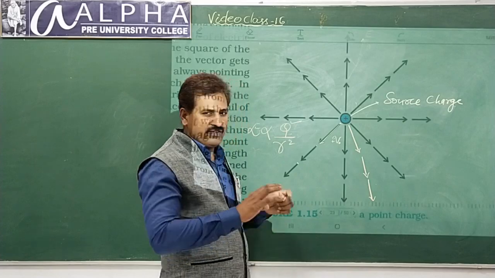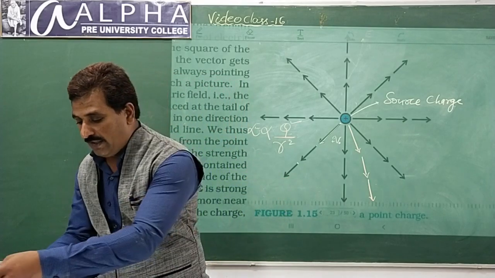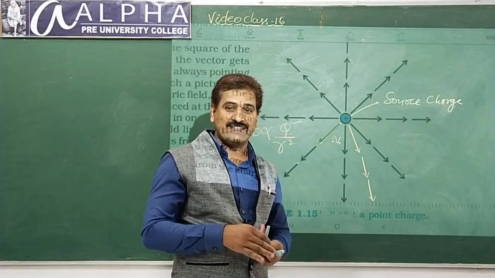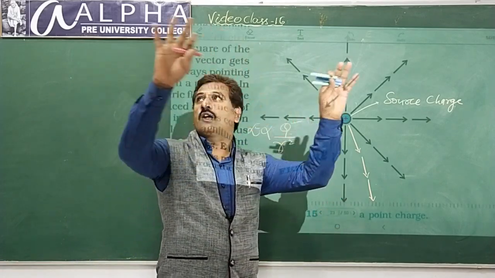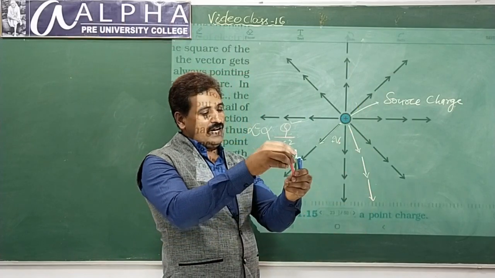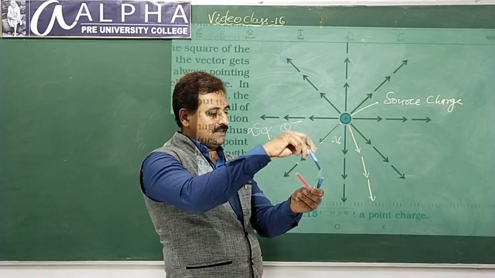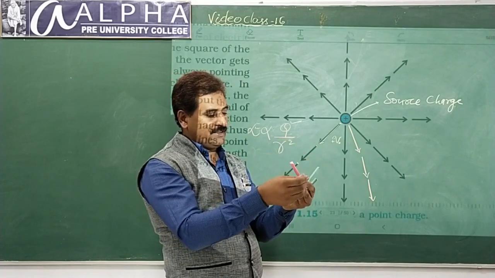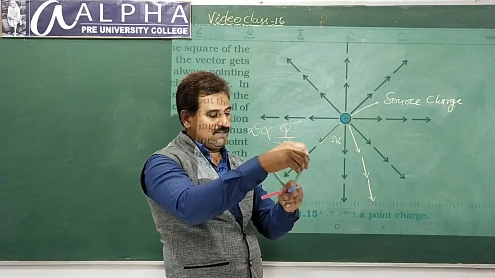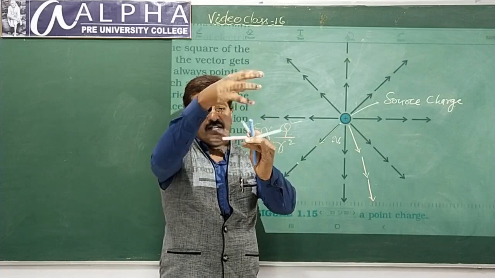It means electric field lines spread around the charge in all directions. In all directions in space, which is 3D, three-dimensional space. What we live in is three-dimensional space. Means if there is a charge at this point here, at the base, I can arrange pieces of chalk like this. One piece of chalk is like this, the other one here, right? Like this. The electric field is in all directions.